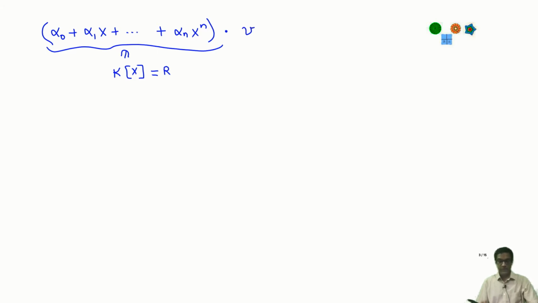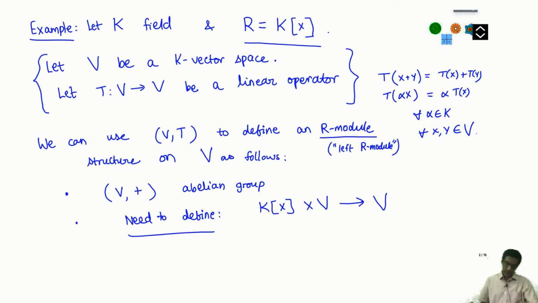Let me not use x for vectors anymore. Going back, since I already have an x there, it's safer to call this variable something else so that there is no confusion with the other x. Let's use v1 and v2 for my vectors. So T of v1 plus v2 is T v1 plus T v2, and T of alpha v is alpha T of v, for all v1, v2 in my vector space V. That was just the definition of the linear transformation.